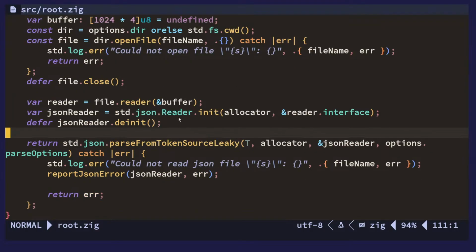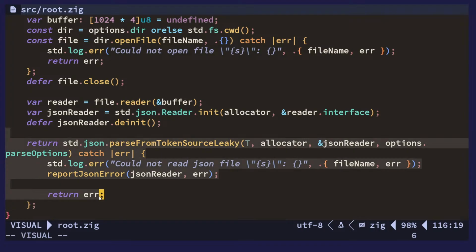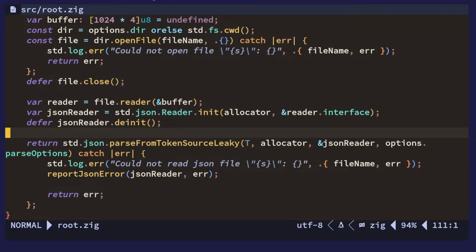The only thing that could be a problem here is this part here, which is like I've run into problems using this function, parse from token source leaky, because sometimes it feels like it's allocating stuff and there's no way of deallocating it. So what I've done is